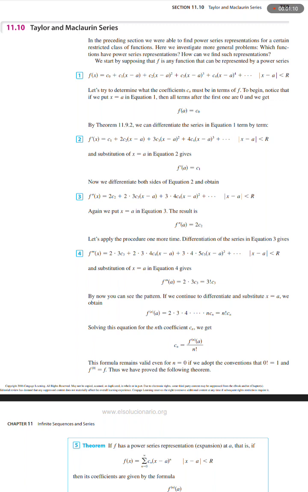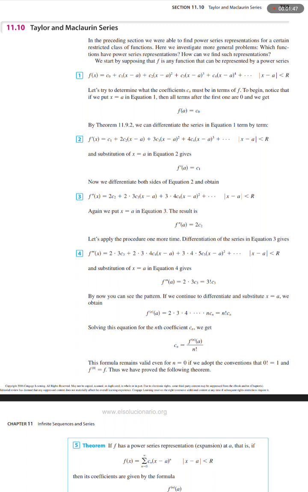Let's try to determine what the coefficient c_n must be in terms of f. To begin, notice that if we put x = a in equation 1, then all terms after the first one are 0, and we get f(a) = c_0. By Theorem 11.9.2, we can differentiate the series in equation 1 term by term. Equation 2: